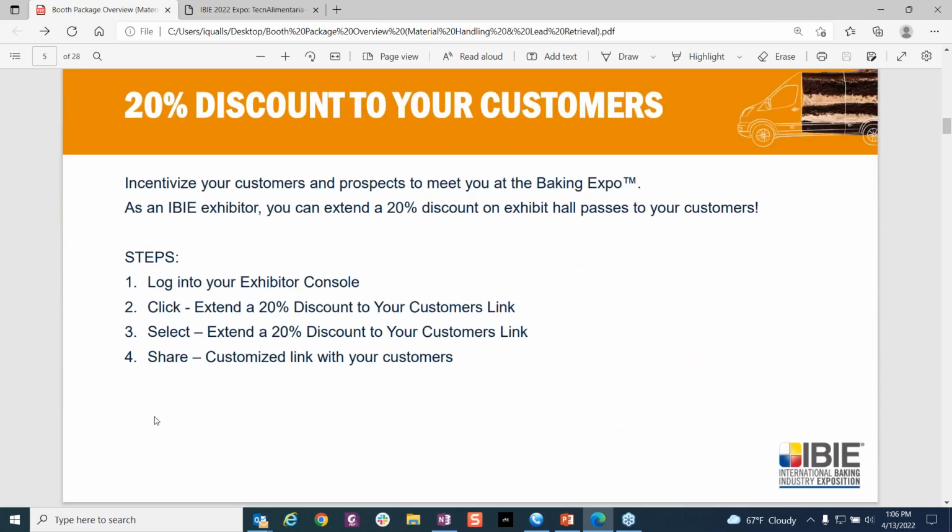The next slide, we're going to talk about the 20% discount. IBIE is offering a 20% discount to exhibitors to offer to their customers. As an IBIE exhibitor, you can offer a 20% discount for exhibit hall pass to your customers. Your customers should use the